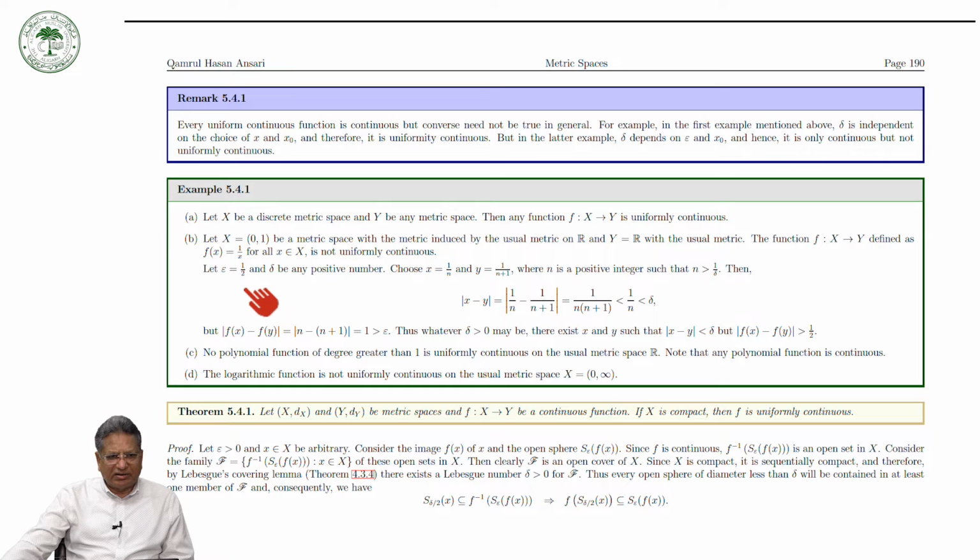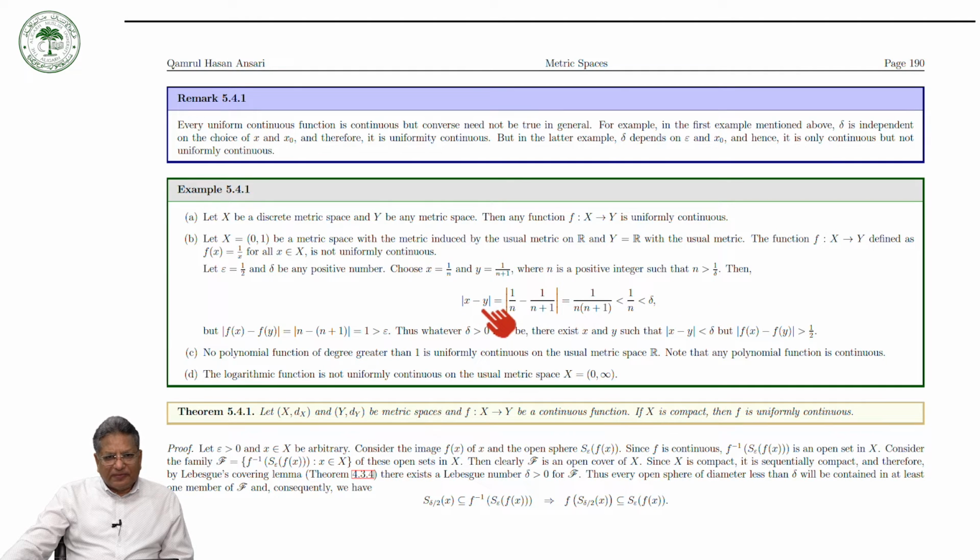You can see that, let us take epsilon equal to 1 over 2 and delta be any positive number. Choose x equal to 1 over n and y equal to 1 over n plus 1, where n is a positive integer such that n is greater than 1 over delta. Then we can see that